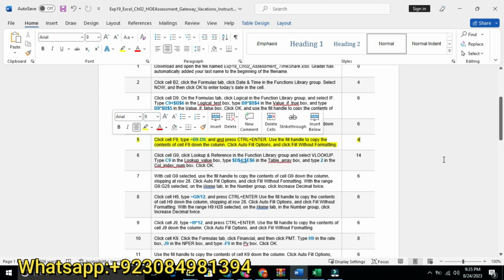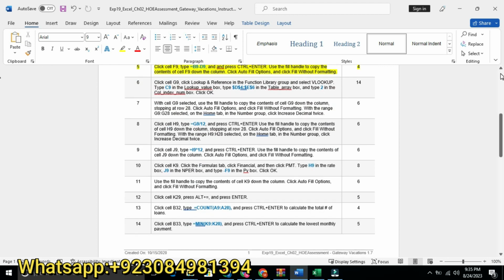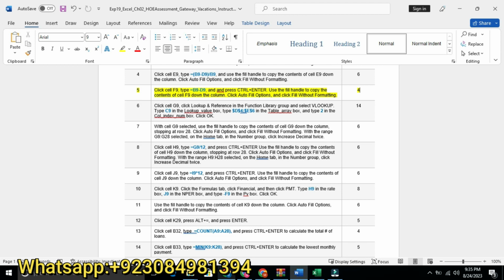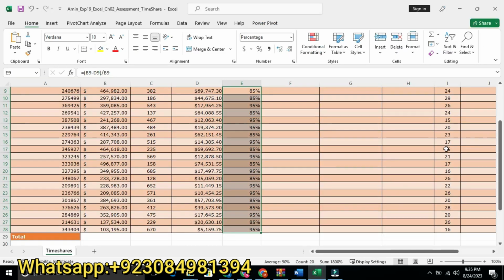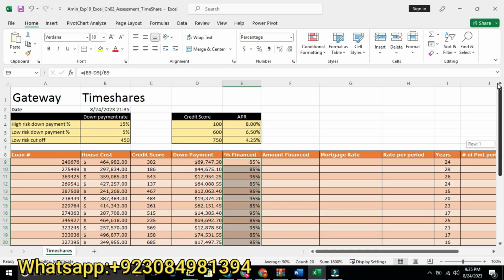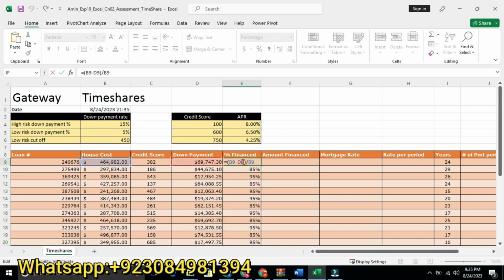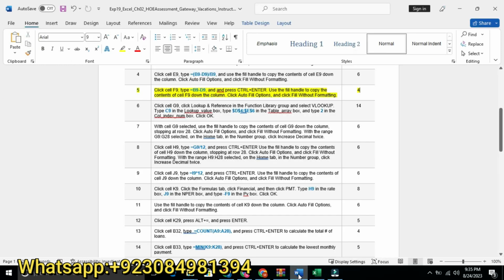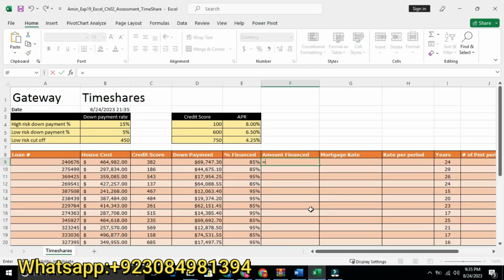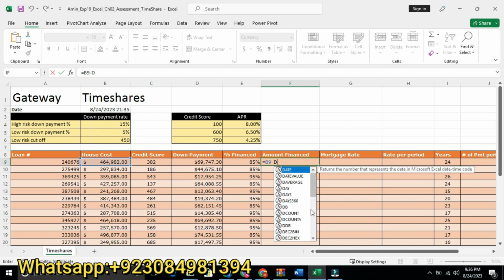Step number 5 is click cell F9. We will go to cell F9. Put equals, what he is saying, B9 minus D9. We will type B9 minus D9 and press Enter.